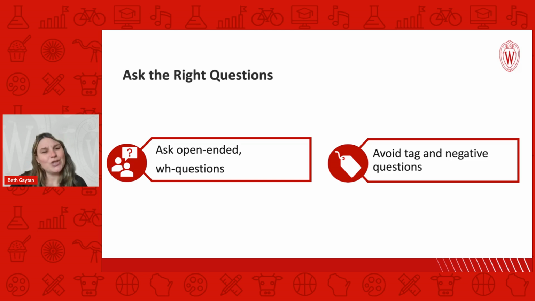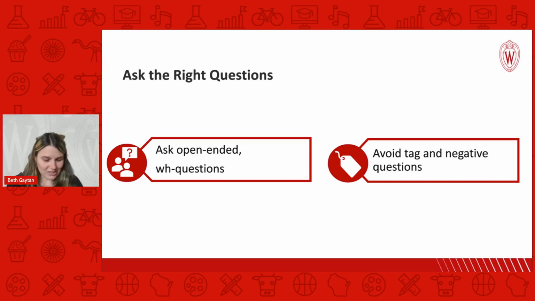Instead of saying, do you remember how to get to the main menu? Say, first, how do you get to the main menu? This way, you will see clearly if a learner does remember how to get to the main menu.